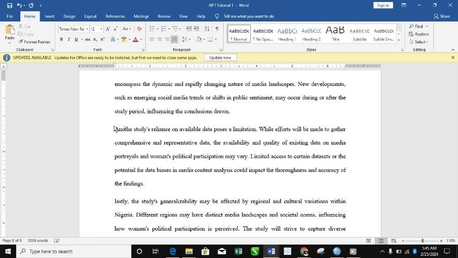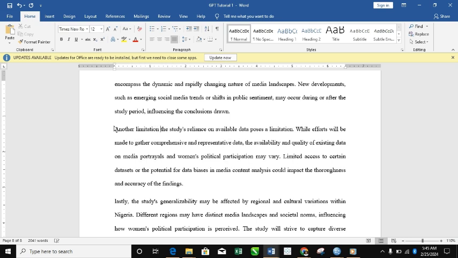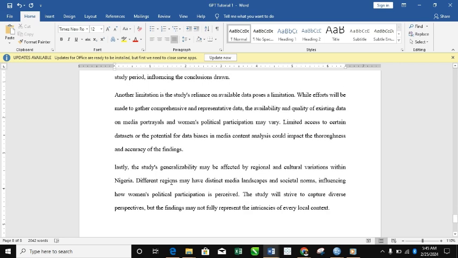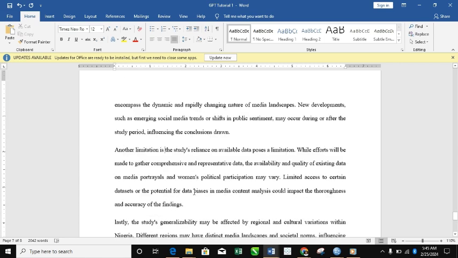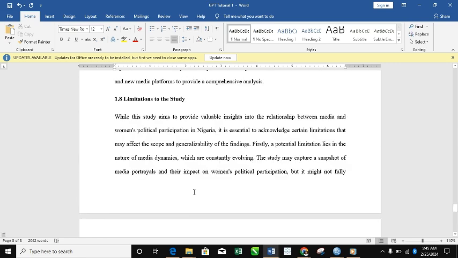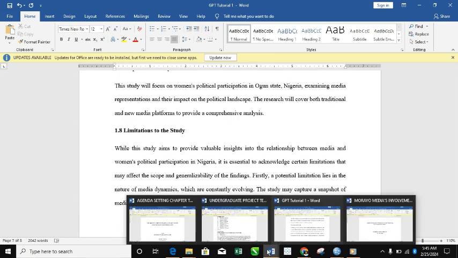I can say another limitation. Another limitation to the study, and another limitation is, okay, let's do it like that, is the study reliance on available data. And I'll say lastly, so you can see that I already have my limitation of study already. So voila, you can see now what is the